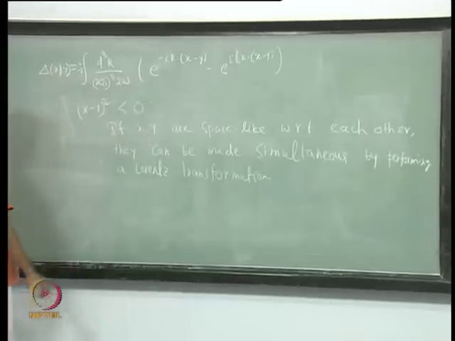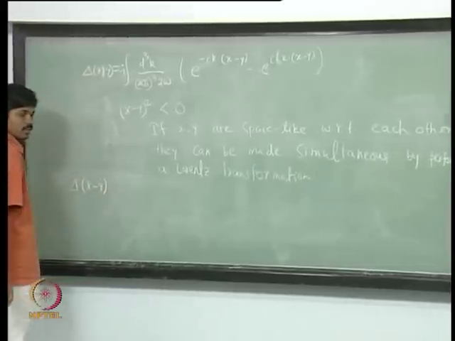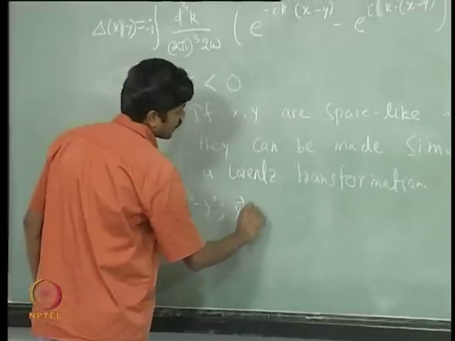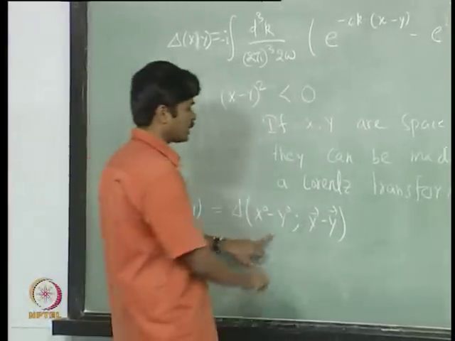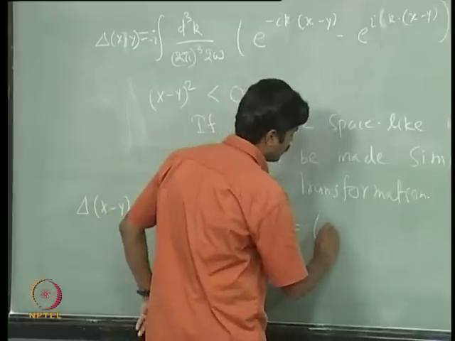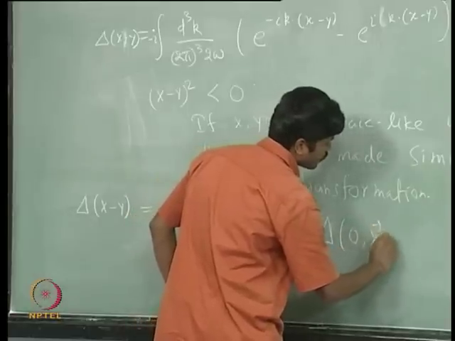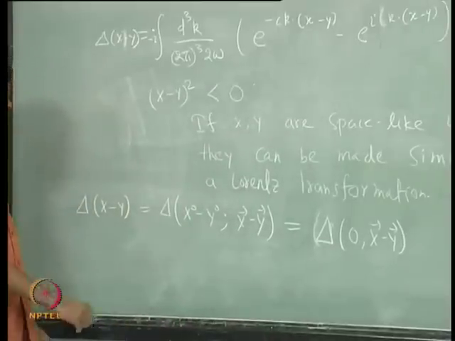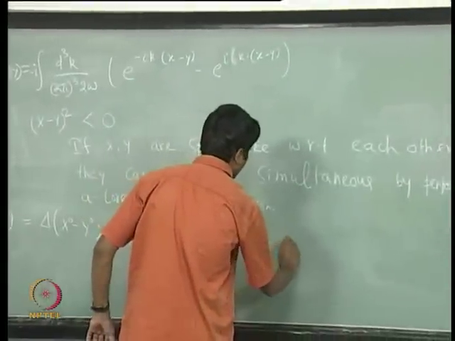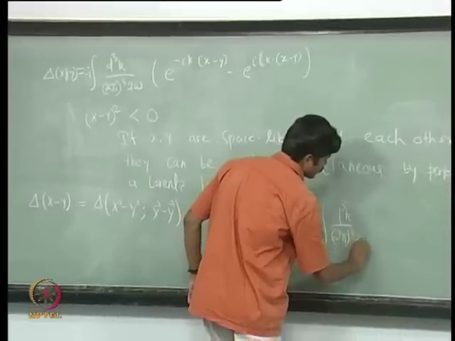Okay. If that is the case, then I start with delta of x minus y, which is delta of x0 minus y0, x minus y, and I can make a Lorentz transformation such that x0 minus y0 is 0. So, this is also equal to, since delta is Lorentz invariant, delta of 0, x minus y. What is delta of 0, x minus y? This is equal to minus 2 integration d cube k over 2 pi cube 2 omega times